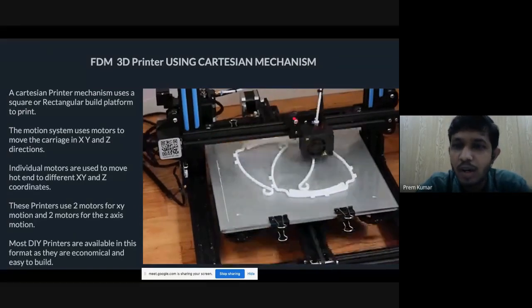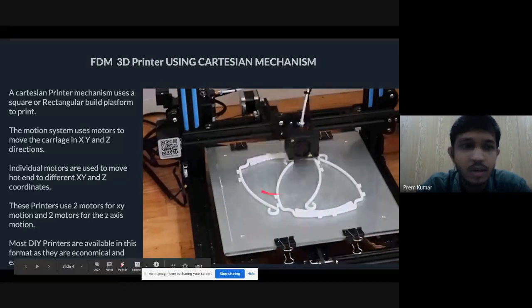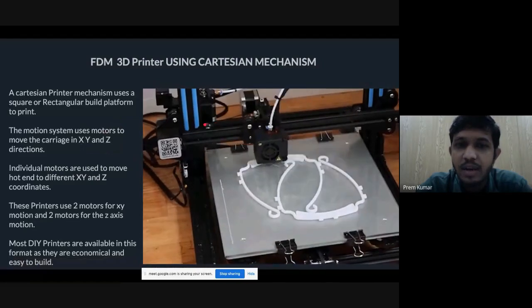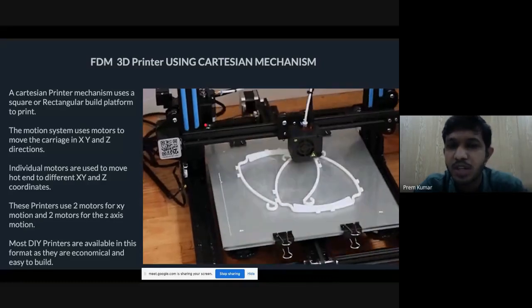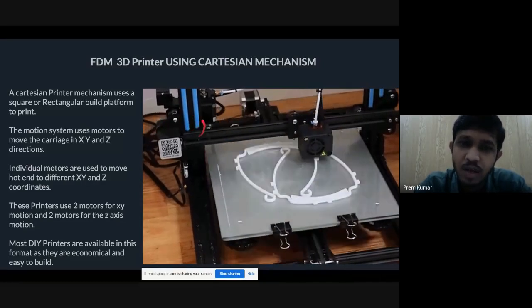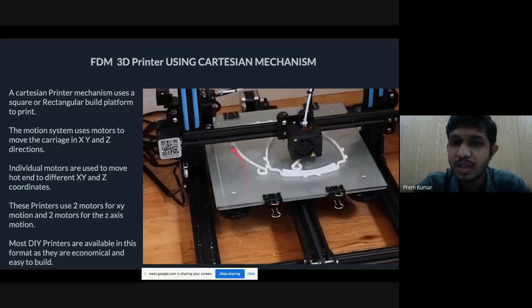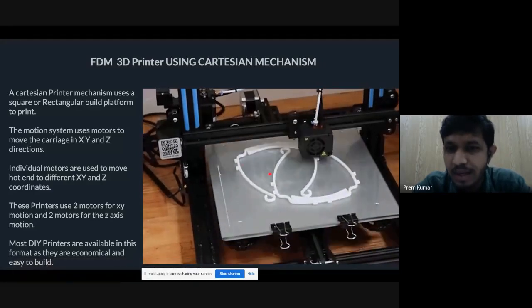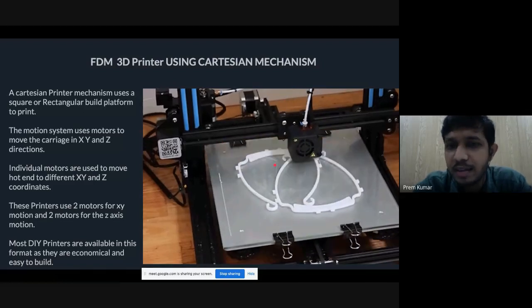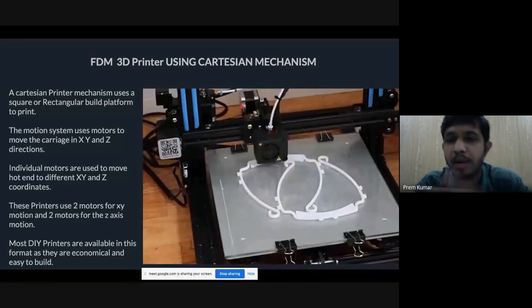So even if you have a clog in the nozzle, you can just access it from here. And if you want to tighten the belts, you can directly do it from outside. Building this machine is a little bit easy, and because it requires fewer parts, you can completely avoid a big frame. So this will be cheaper compared to the other mechanisms that are used. And since the build platform moves back and forth, it occupies a little bit more area than the actual size of the machine, because this build plate can move a little bit beyond the frame.